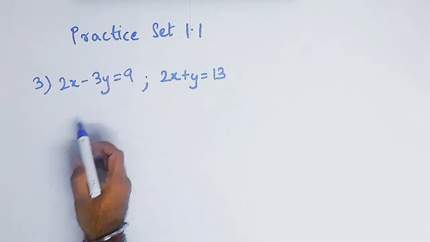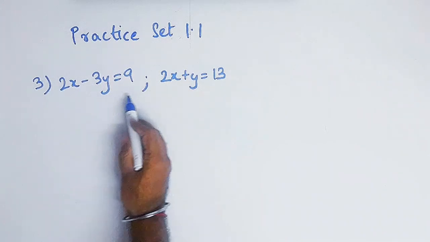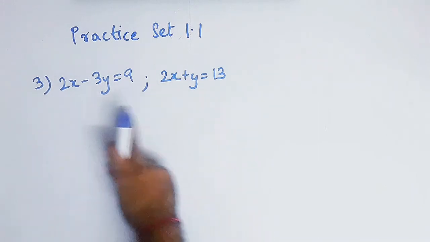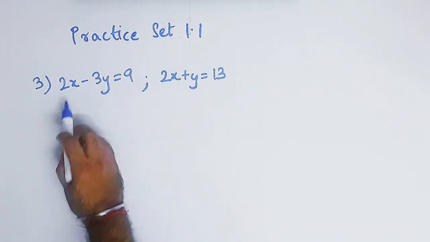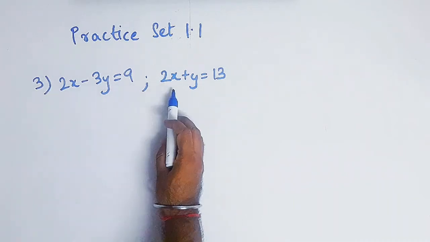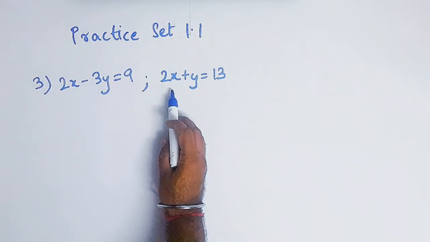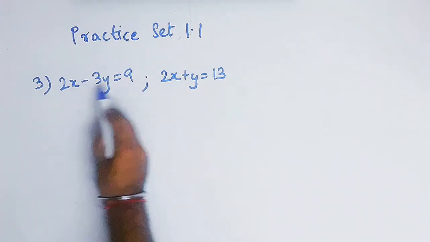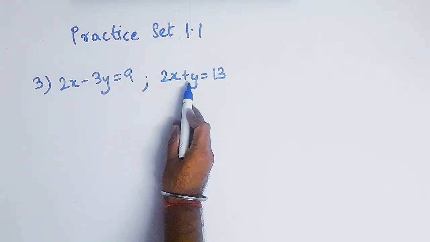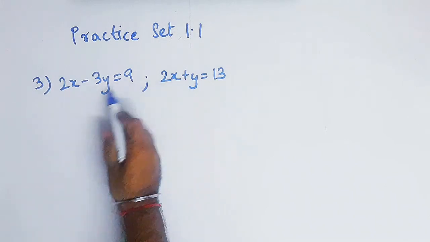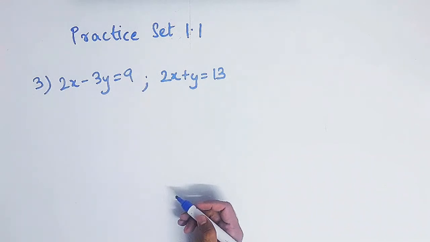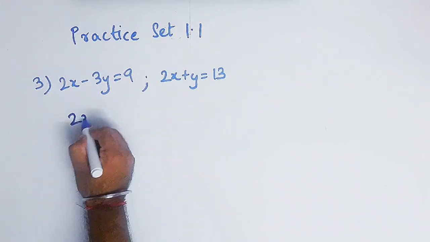So the third one says that 2x minus 3y equals 9 and 2x plus y equals 13. Now if we subtract, 2x and 2x will get cancelled. Okay, the other way: the signs are different here. So if we multiply this with 3, by adding we can cancel minus 3y and plus 3y. So what will we do? We will